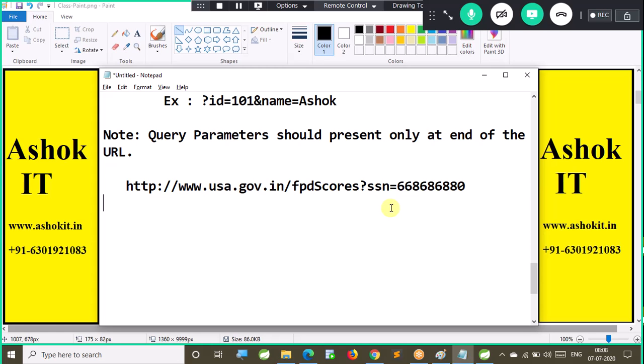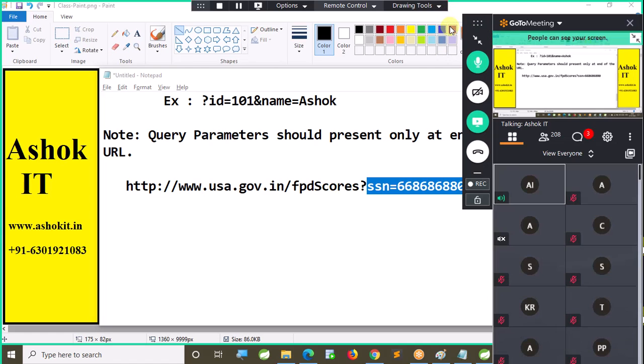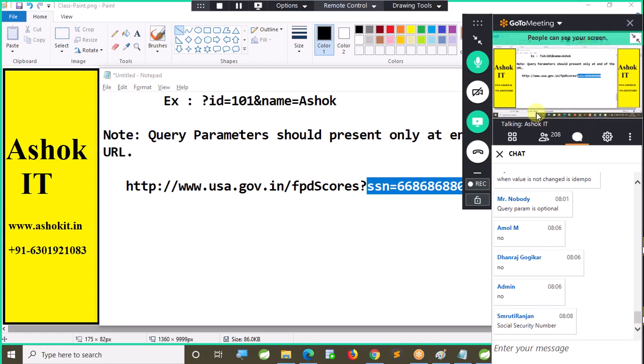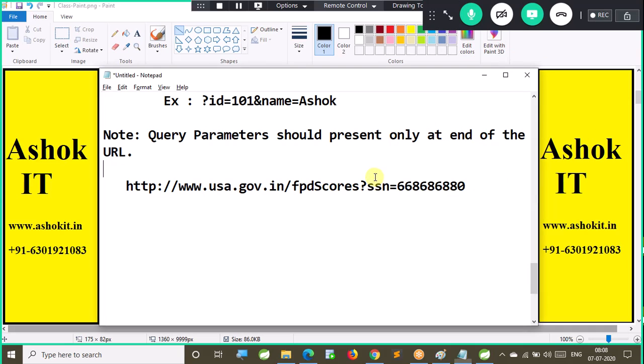But in the USA, the SSN concept has been available from long back. Every USA citizen will have a unique SSN number, which is similar to our Aadhaar. But before Aadhaar, the SSN concept was there in the USA. SSN stands for Social Security Number. In a family, if 4 members are there, they will have 4 different Aadhaar numbers. Similarly in the USA, every citizen will have a social security number. This is the number.